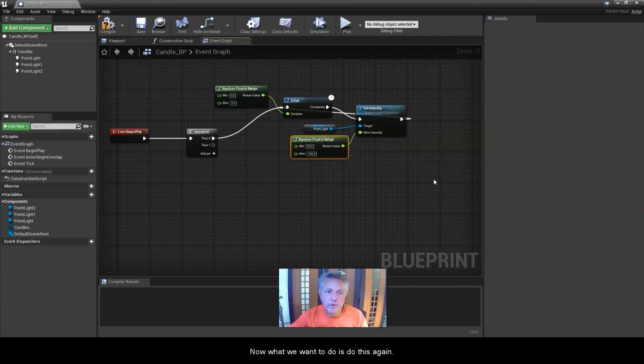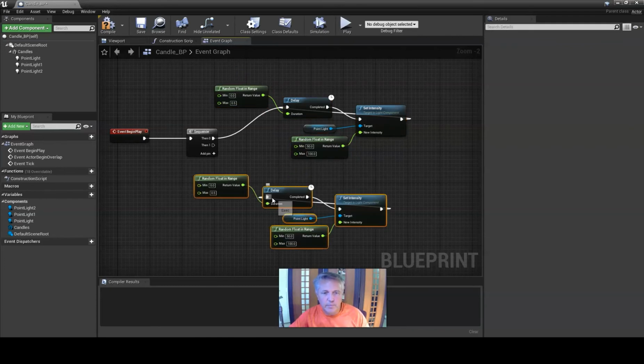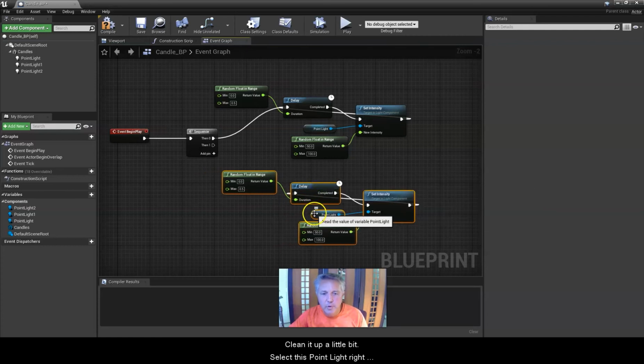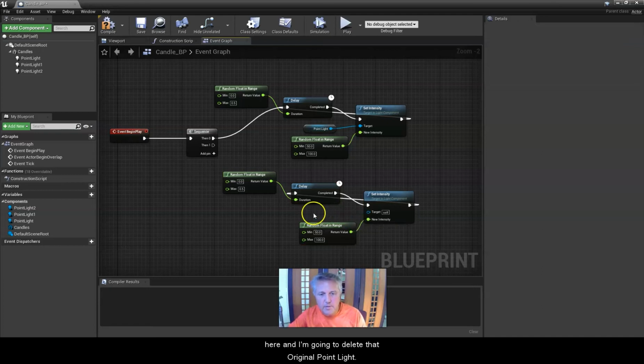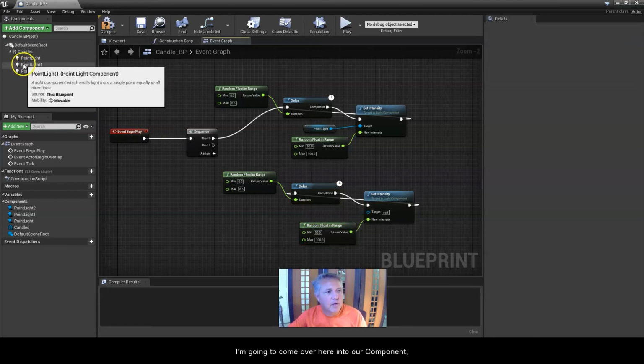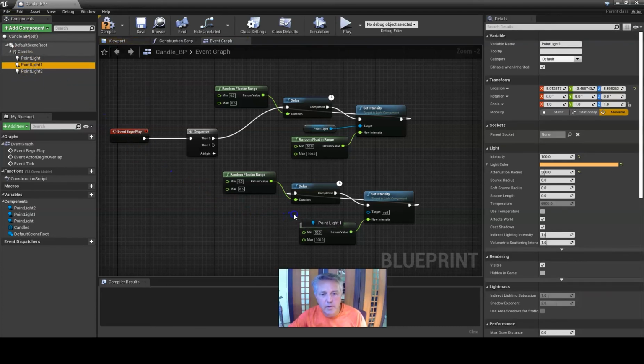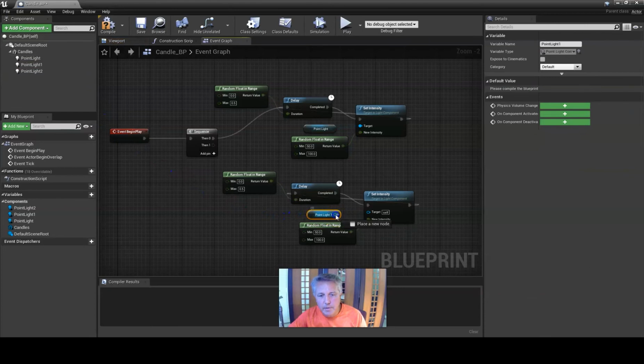Now, what we want to do is do this again. But instead of having to come in and type it all in, I'm going to select it all, hit Control-C, click down here, and select Control-V. And I'm going to adjust everything, clean it up a little bit. Select this point light right here, and I'm going to delete that original point light. I'm going to come over here into our components, click on light, point light 1, because that's our next light. I'm going to drop it in here, take the little control output and put it into our input for the target. Now we've got this set up for our second